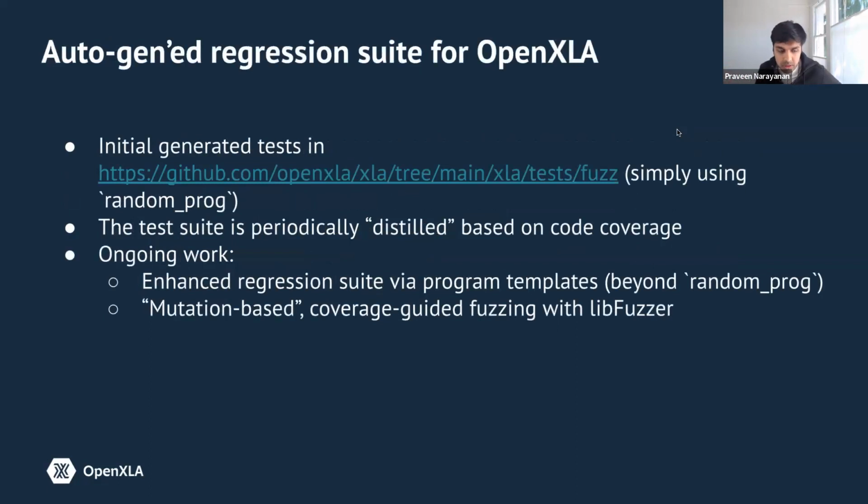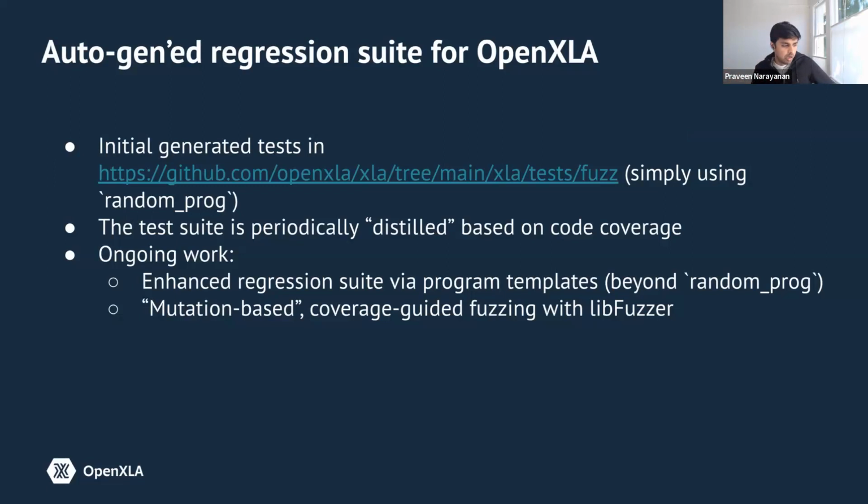So one of the new things for OpenXLA specifically here is that we're starting to develop a regression suite. So this should be a suite of tests that we expect to pass for every change to OpenXLA. And the high-level goal is that we want to generate and periodically enhance or update this regression suite automatically. So there are some initial tests in the directory on the slide here, and these tests were simply generated